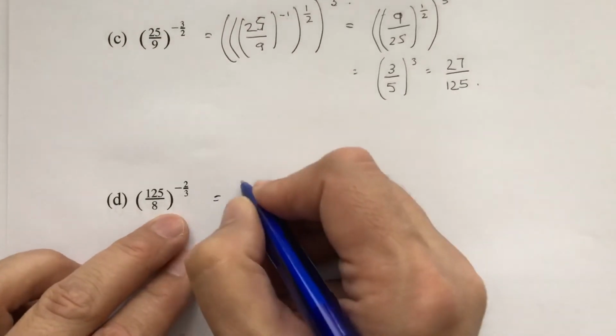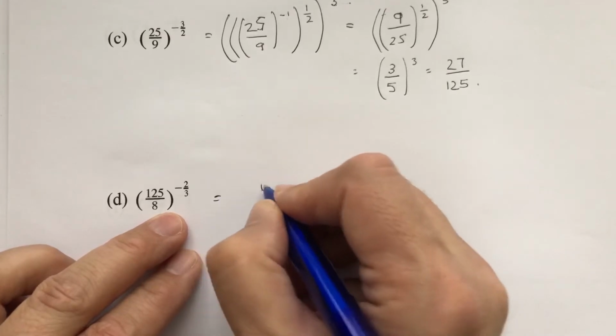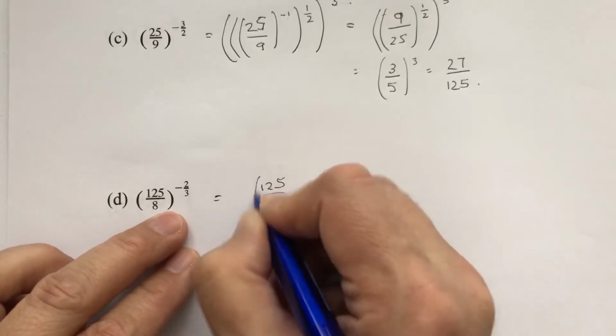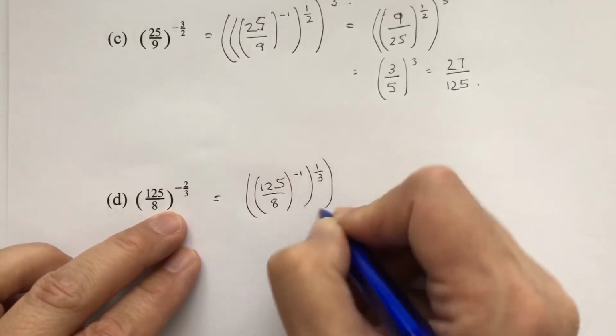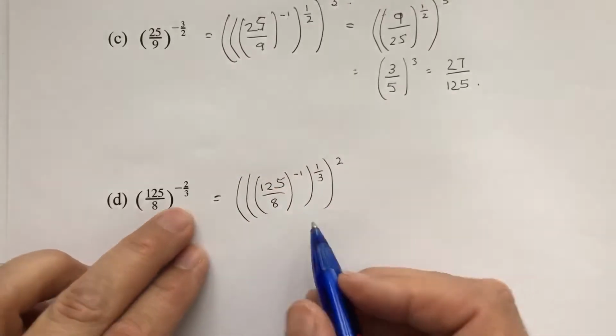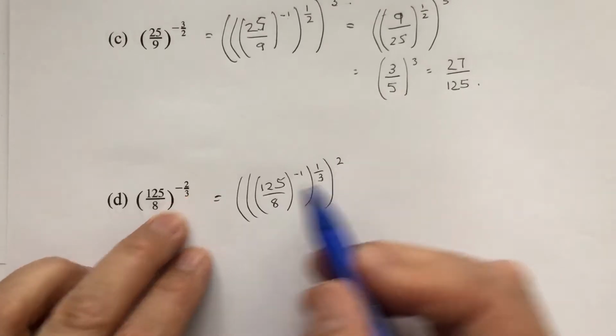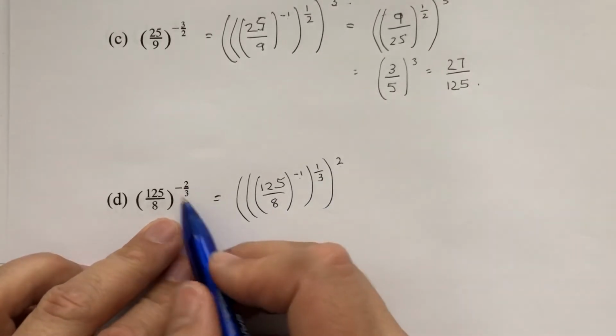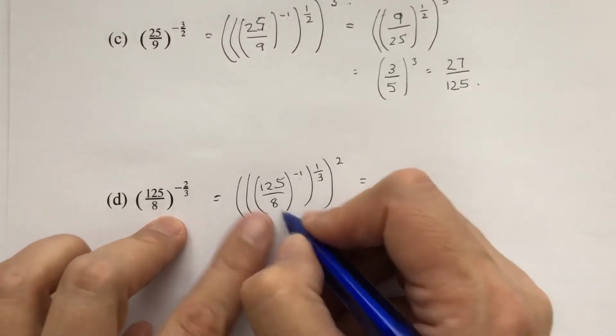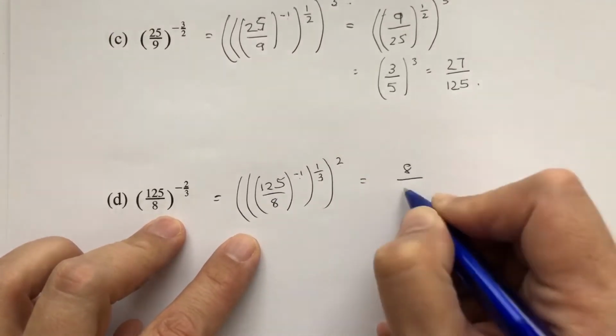This one here is 125 over 8, power of negative 1, cube root, and squared. Again, we want to do the cube rooting before we square, so notice again, a negative 1 times a third times 2 gives you the negative 2/3. So we reciprocate that, so it's 8 over 125